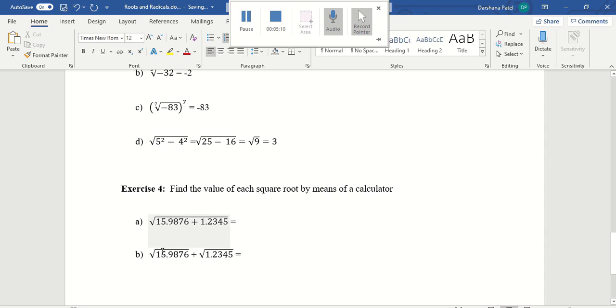Now, these ones we cannot do manually like the other ones we did. We need a calculator to do it for us. If you were to do this in the calculator, you will press square root, bracket, because you need to specify that this has to go in brackets. Otherwise, your calculator will only take the square root of the first number, get the answer, and then divide it by the other number, then add the other number, which is not correct. So if you were to do it in the calculator, either add those numbers first and then take the square root, or use brackets around it. So the result we should get is